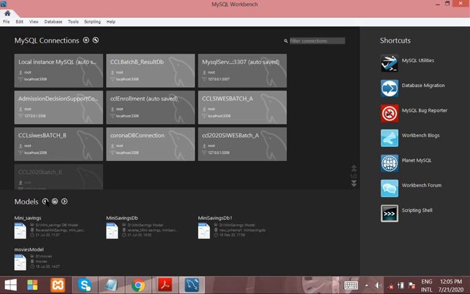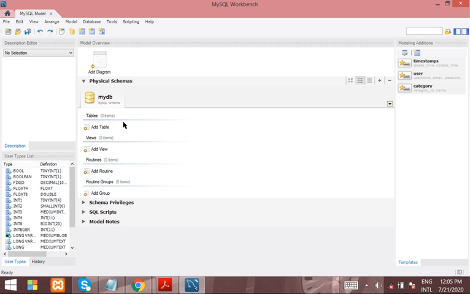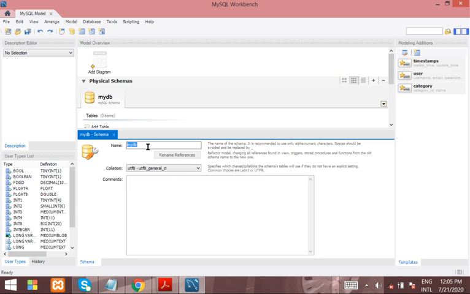So let's now start the reverse engineering from here. First of all, you need to create a model. This is my DB. Double click it. It will give you a place where you enter your DB name, the model name. Let's say mini sevens reverse model.